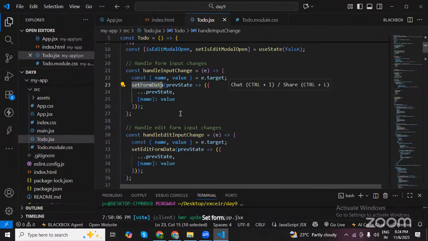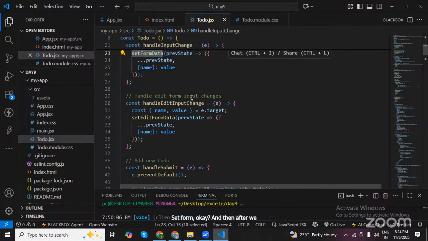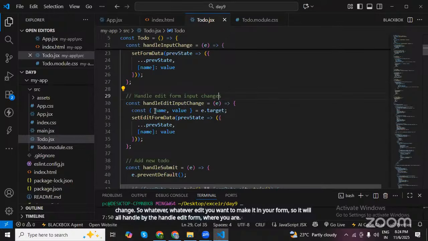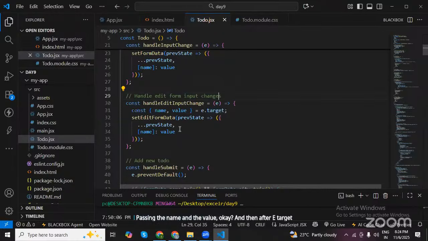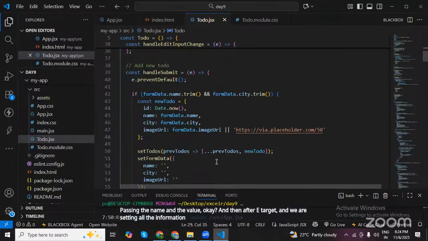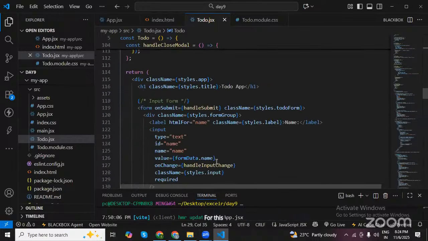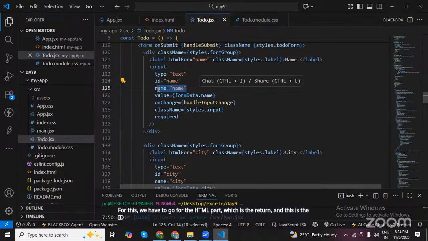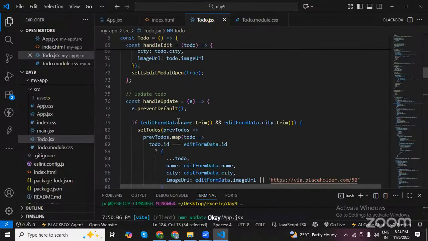okay. And then after we moved ahead, okay, handle edit form input change. Whatever edit you want to make in your form will all be handled by the handle edit form, where you are passing the name and the value, okay. And then after e target, we are setting all the information where this name and value are coming. For this we have to go to the HTML part, which is the return, and the ID is the name and the name is the name, okay. So we are capturing both of the things, okay, for everything,